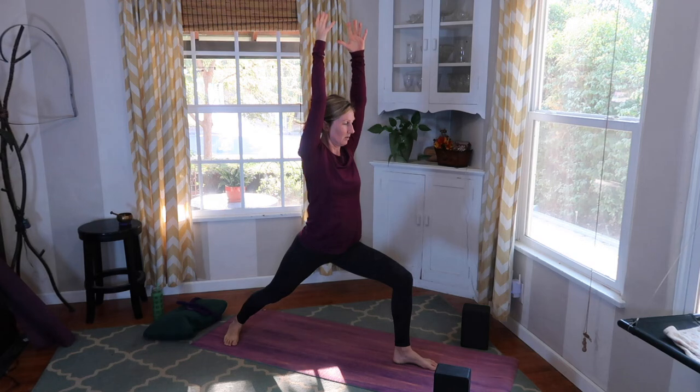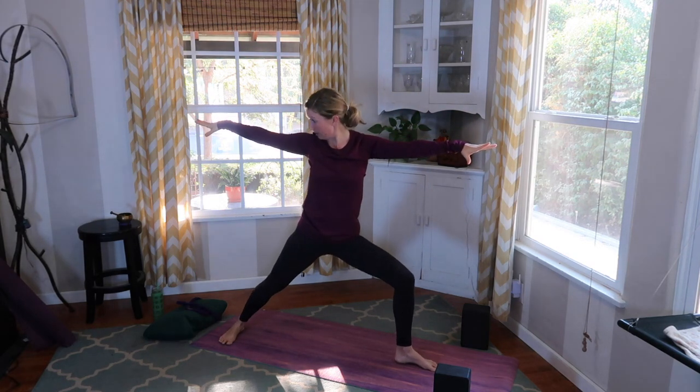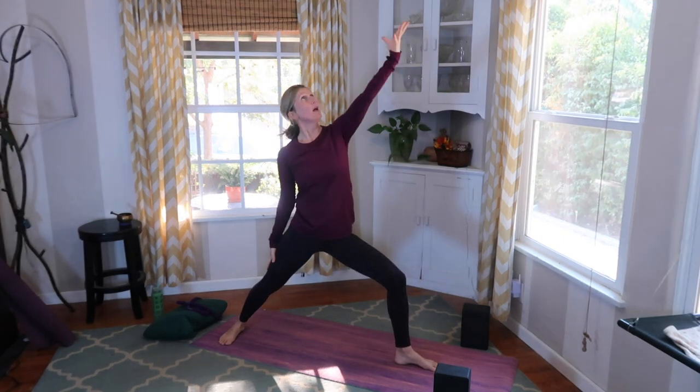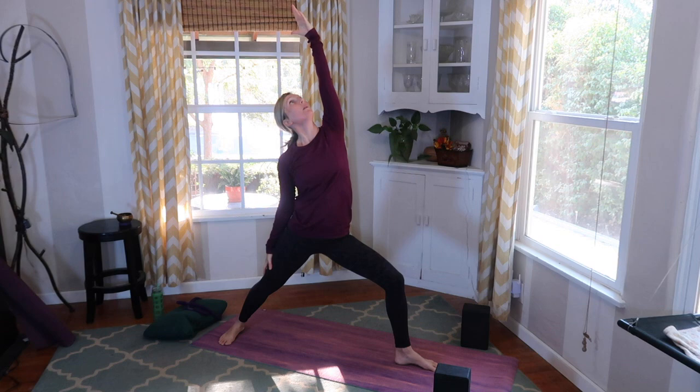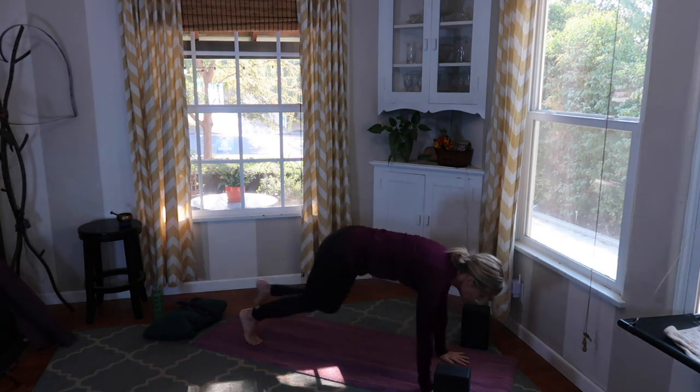Good. Open this up into proud warrior. Dropping our back arm palm up. Let's reach up through this reverse warrior. And then let's windmill our arms down towards the floor, taking our right foot back to meet our left foot